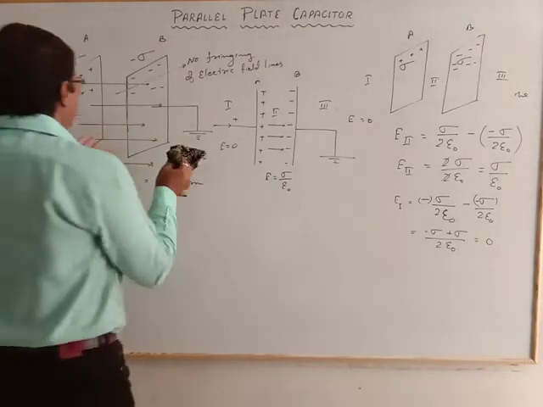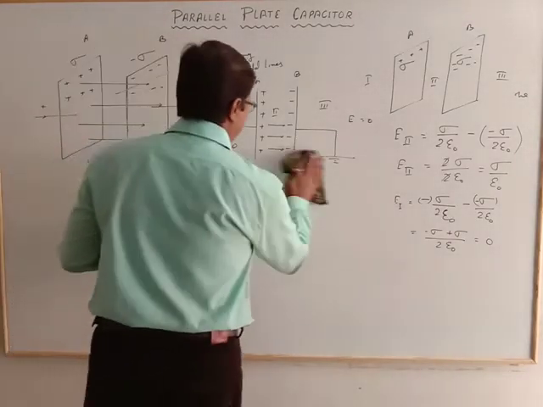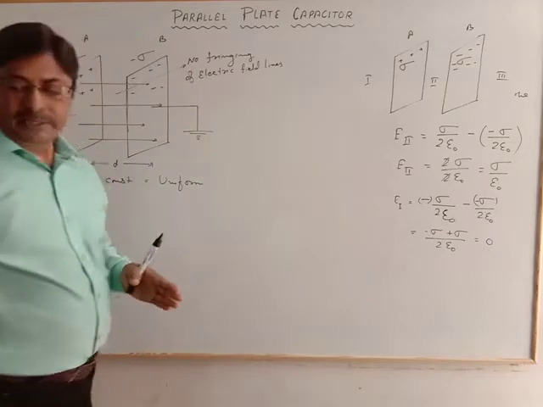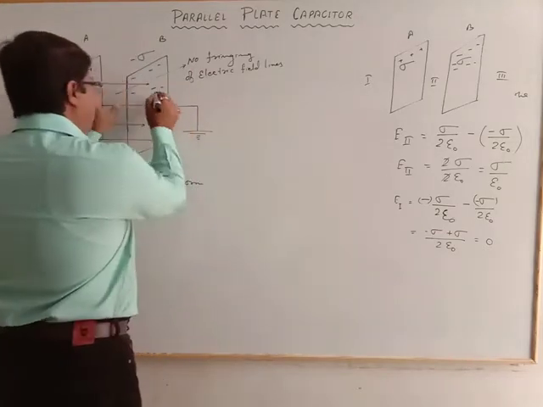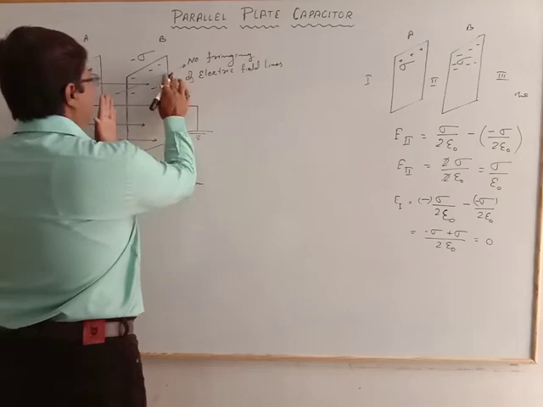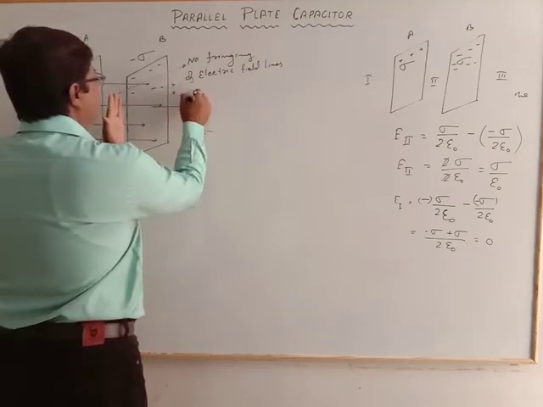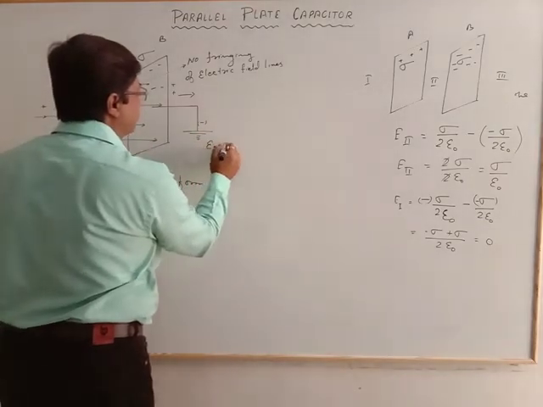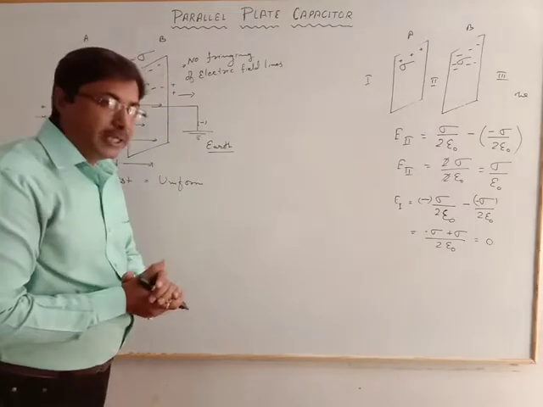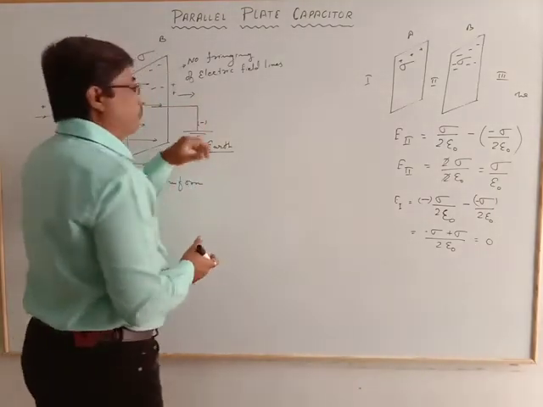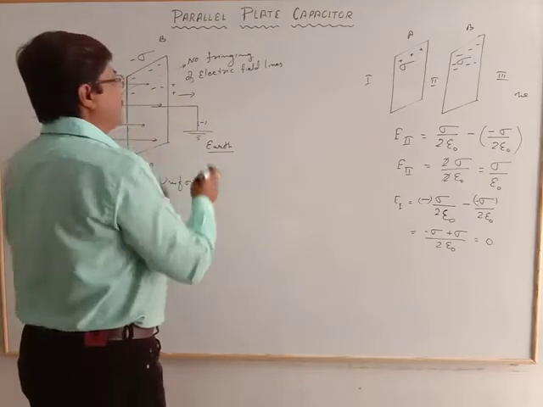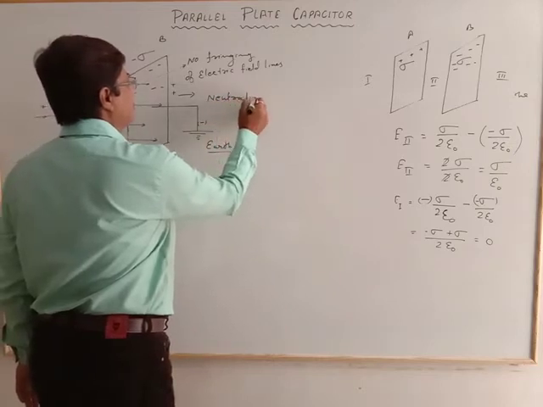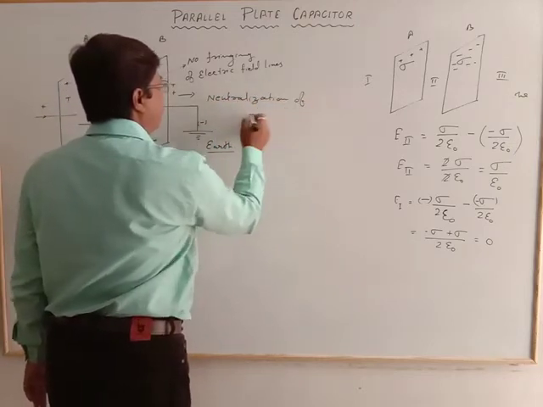Now next we see that in the case of the parallel plate, I have written earlier also, but here I would like to write that whatever the induced positive charge in plate B, all this positive charge is neutralized by the negative from the earth. Earth is a huge charge body, so electrons will run and neutralize the positive charge. Neutralization of positive charge.